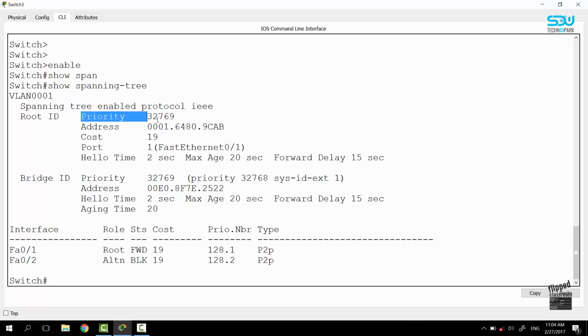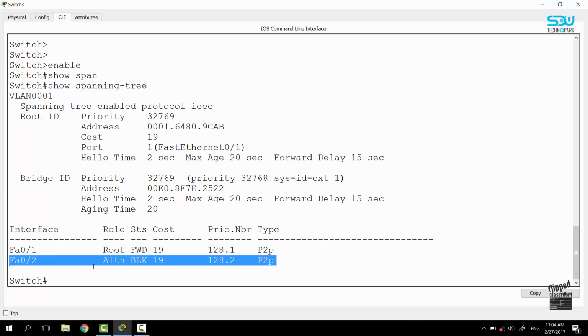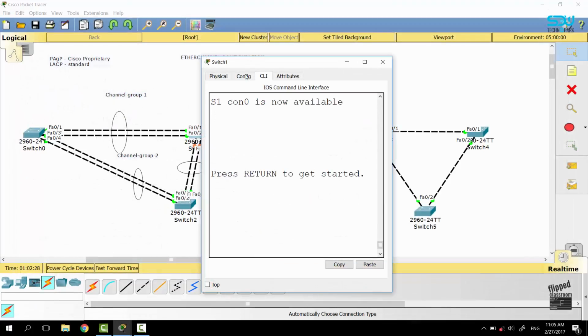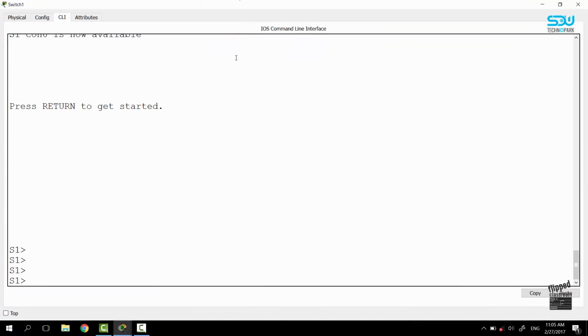the root ID is looking like this. And this switch is not root because its MAC address of the bridge ID is different. And we have port FA02, which is alternate and it's blocked as you see. And if you take a look at the STP output of our first switch,